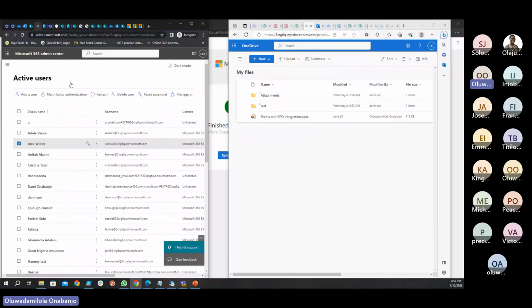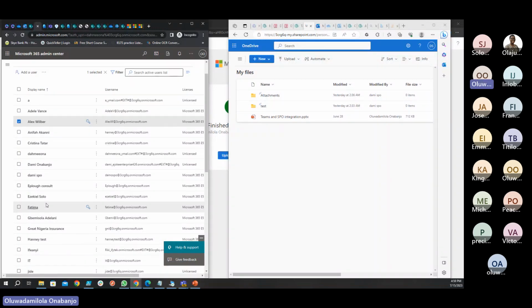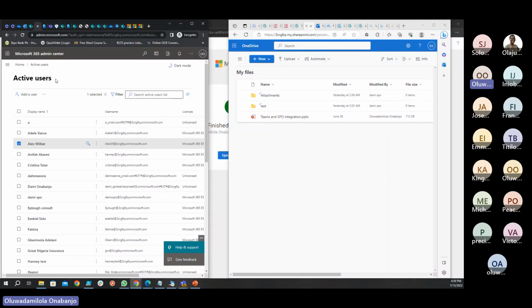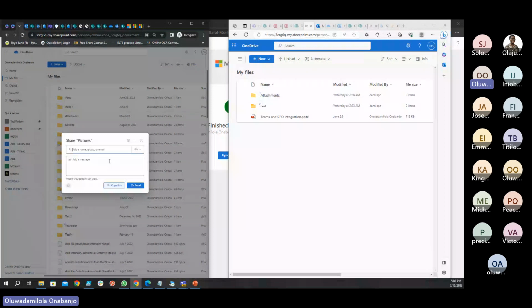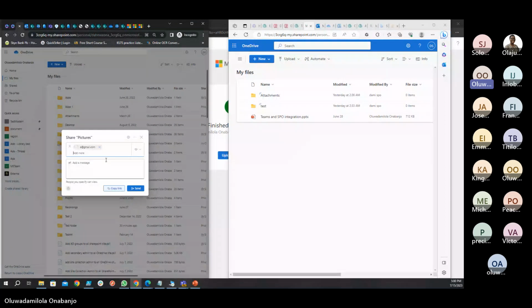M365 admin portal to see if it's an internal user; obviously it's going to exist here. Or if it's not there, it checks the Azure user list if it's a guest. Then if it's not there, it assumes that this person is an external user. At that point you would see where it says that this is an external account. So let's put one external account in here, at gmail.com. This one now indicates that once I send it,